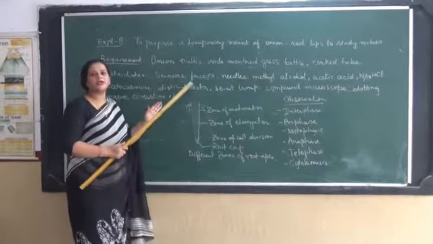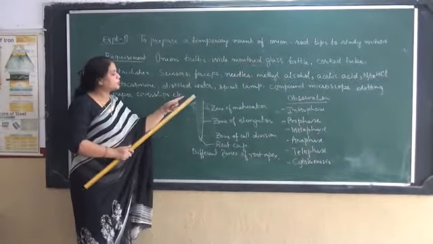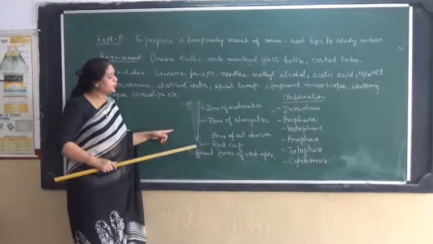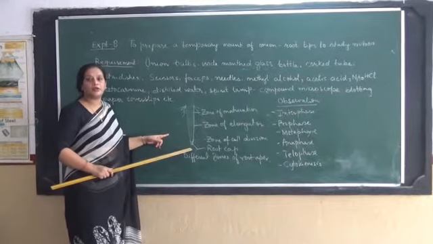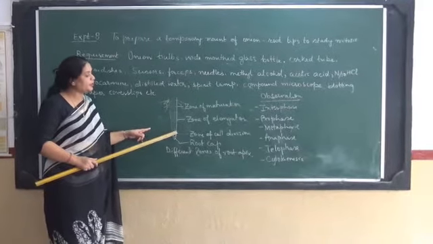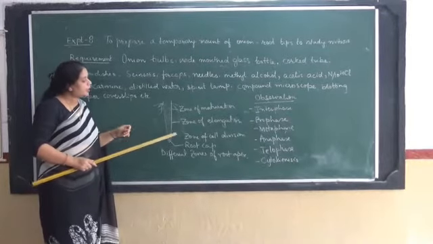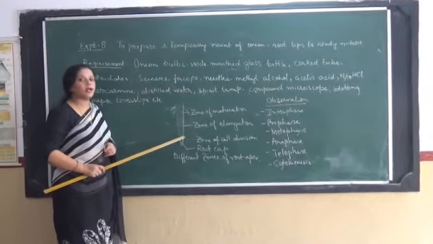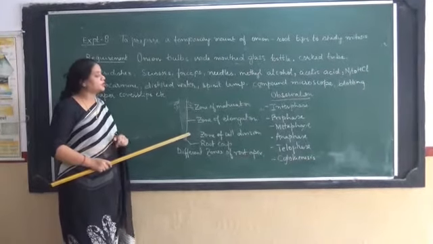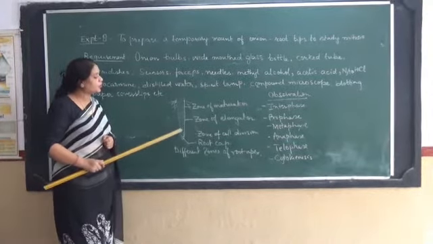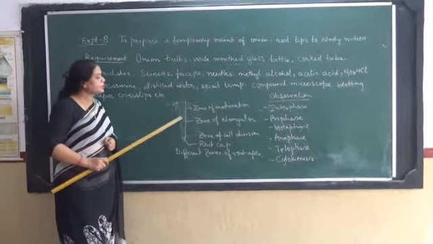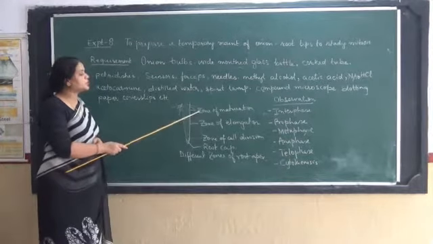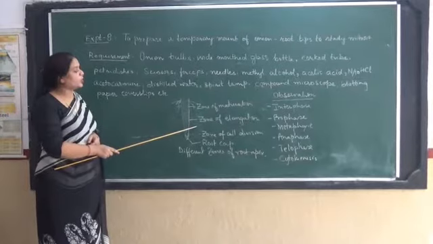Now, because we are studying it from the onion root tip, you have to know the various parts of the root tip. The root tip consists of the terminal end known as the root cap, followed by the region of cell division. It is a portion where the meristematic tissue is present, known as root apical meristems, and they continuously divide and redivide for the elongation of this root. This is followed by the zone of elongation and zone of maturation. Remember, these two zones do not have cells which are undergoing division.